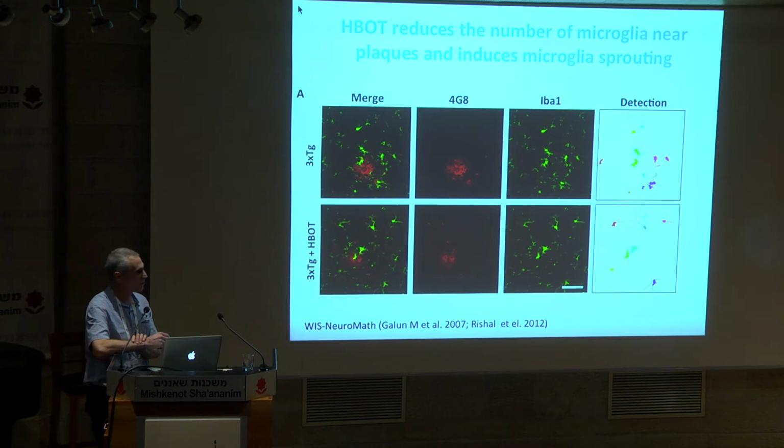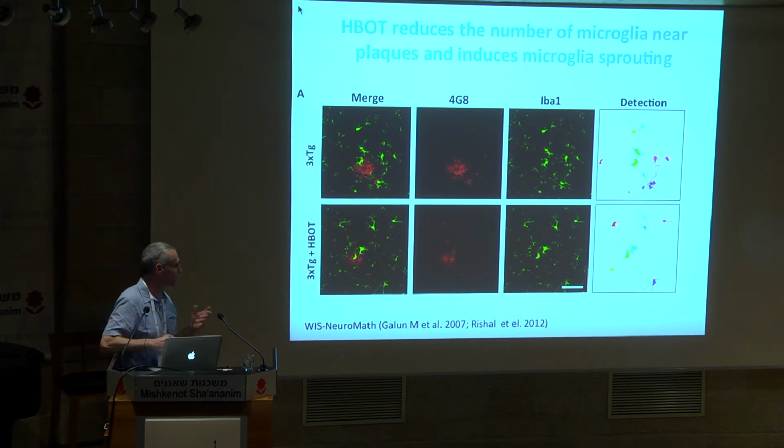We moved to check for microglia, similar to what we heard before, and what we found is that there are fewer microglia in this area, and the microglia shape is changed. In order to try to quantify the effect on microglia shape, which, as we heard before, can reflect changes in the activation state of the microglia,